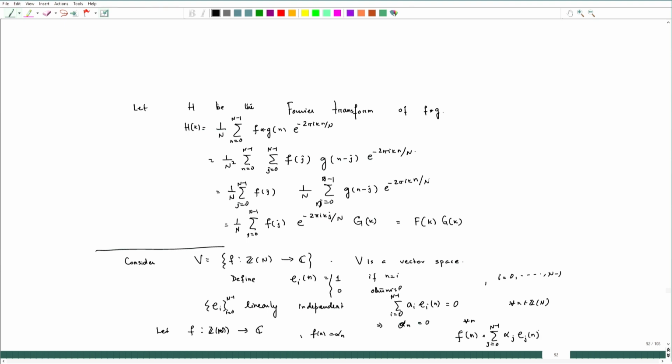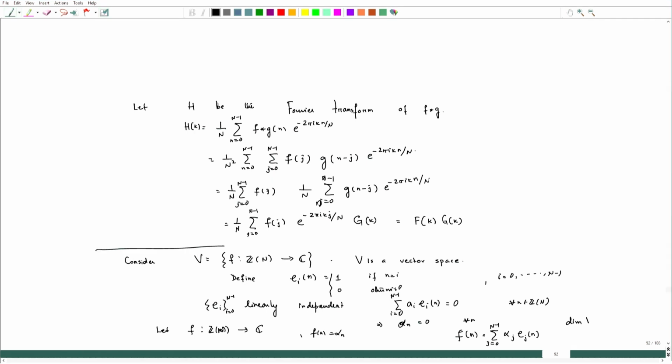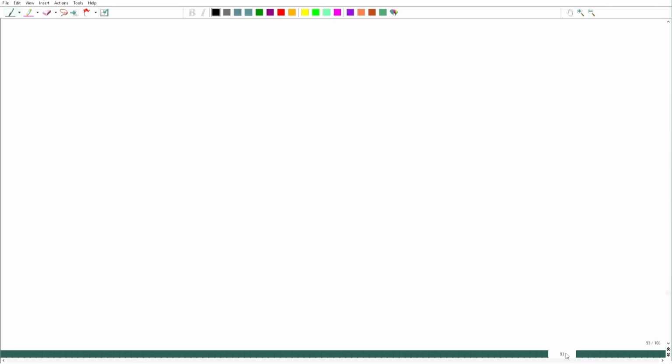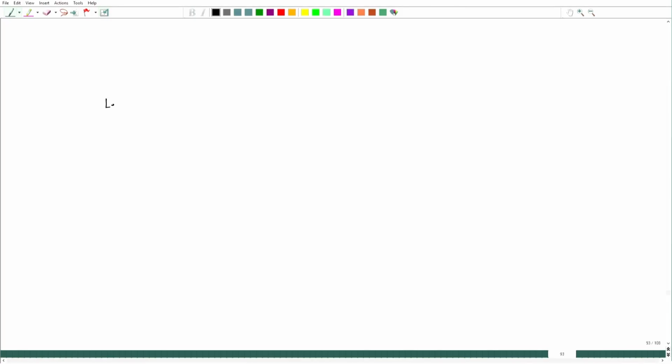So, that basically says that this spans the whole thing. Therefore, the dimension of V is equal to n. Okay. So, now once we have a vector space, then it is natural for us to define the inner product in that vector space. Let f and g belong to this vector space, then define